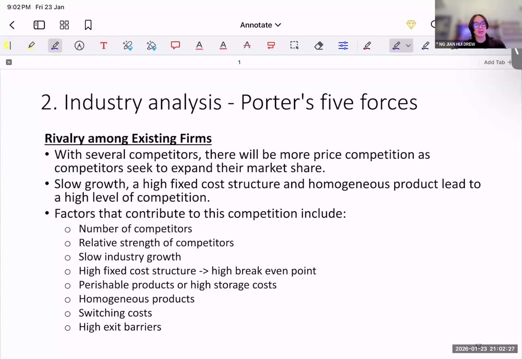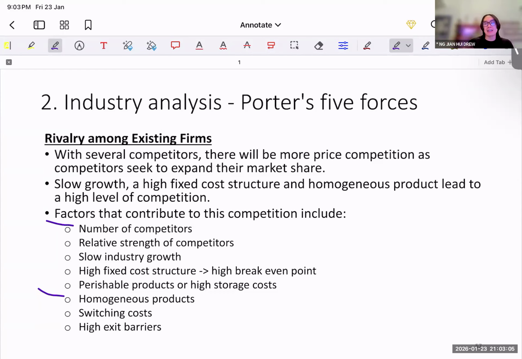Right? So an increase in the number of competitors increases competition, as do things like if your products are homogeneous. So think about things like your night market. If you go to a night market, when you see things that are being sold in that market, those items are very generic. They're not very special. Maybe they are more like daily use stuff, like nail clippers, sieves, household stuff, which are very generic. You can buy anywhere. You don't have to go to the night market to buy. And because of that, there's a lot of competition.